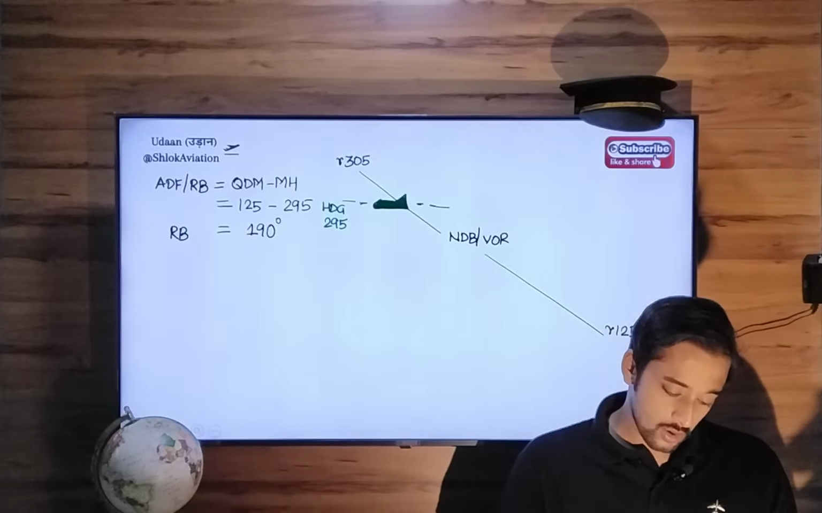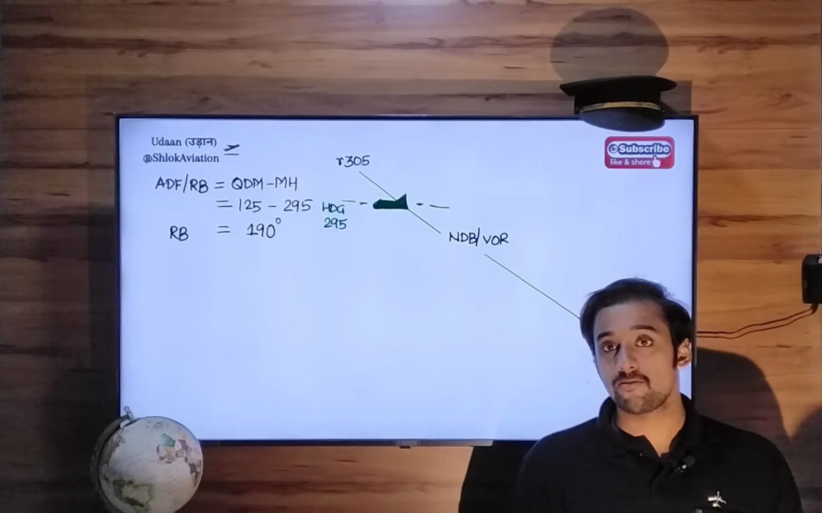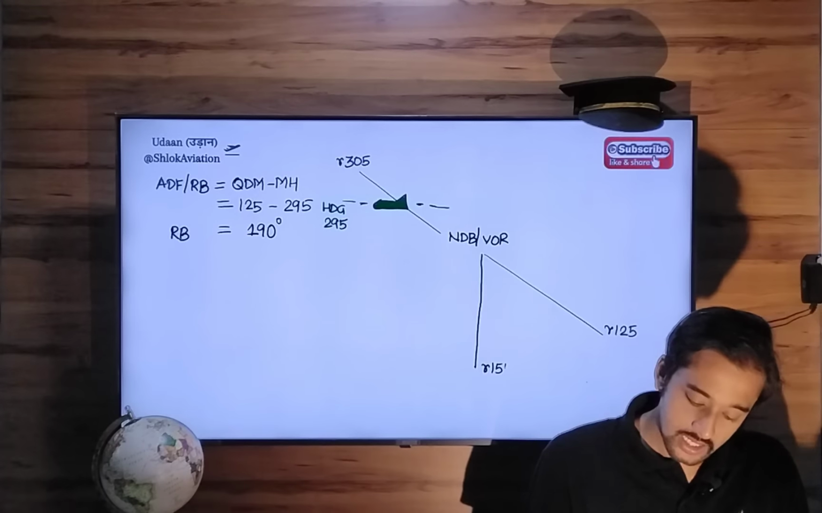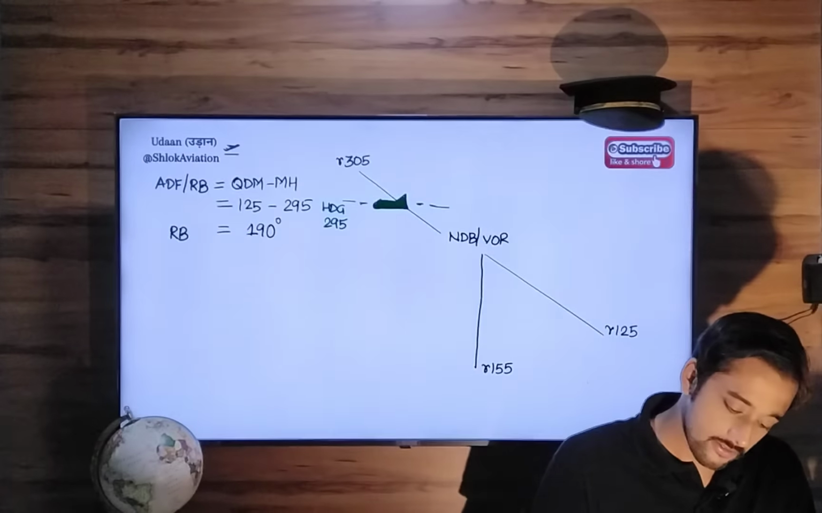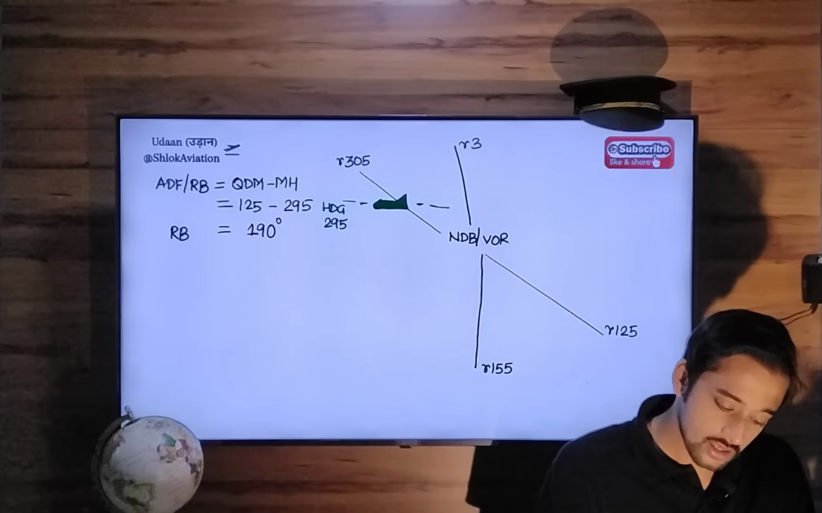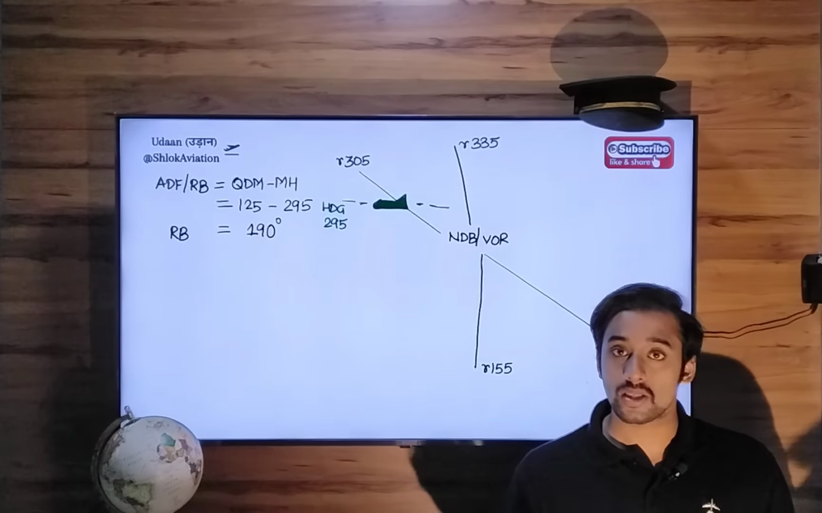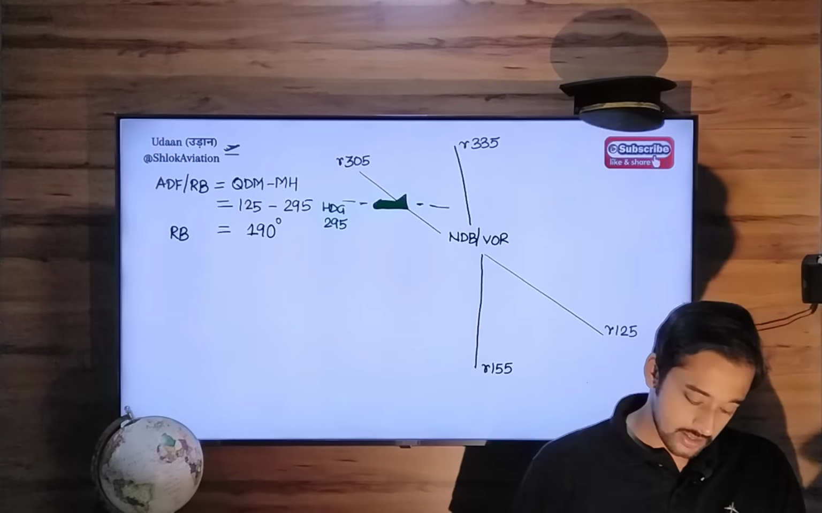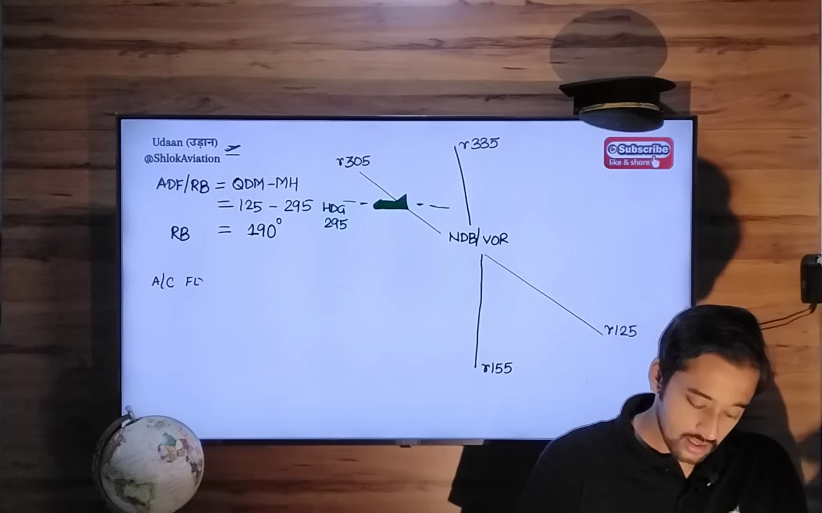Okay, so OBS setting is 155. In the OBS setting, you have put 155. So radial 155 is here. Opposite is 335. Now there are two things to understand about this. You are flying away from the station. Aircraft is flying outbound,